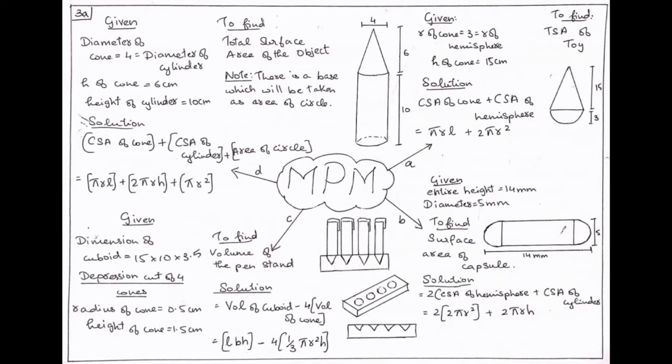So the formula will be CSA of cone plus CSA of hemisphere, and it will be pi r l plus 2 pi r